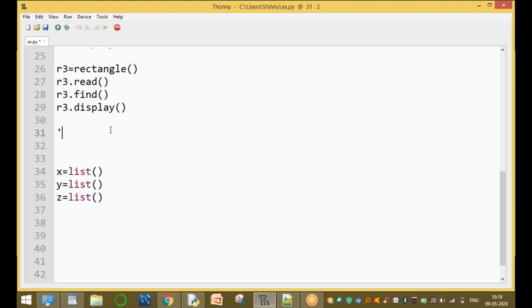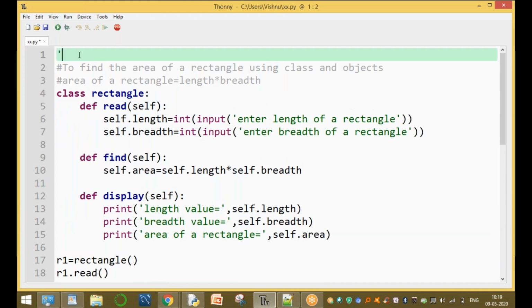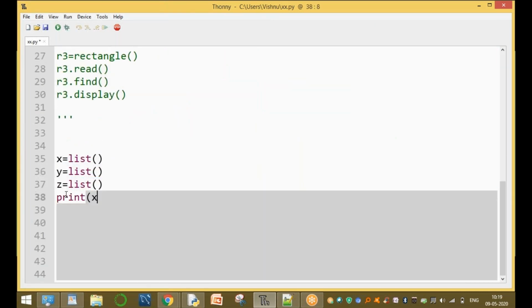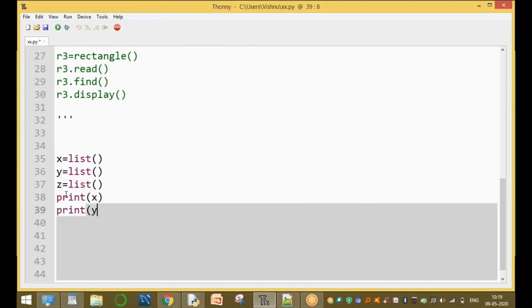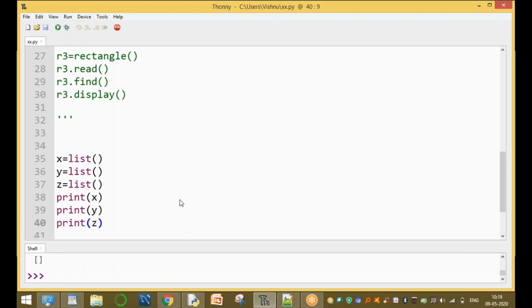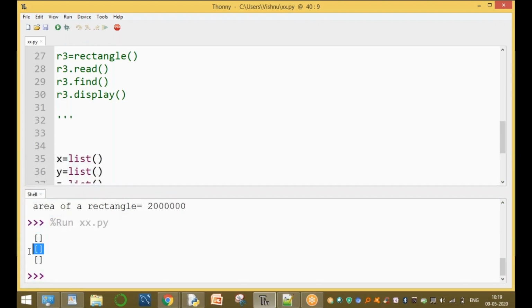For example, print x, print y, and print z. Now run this module.